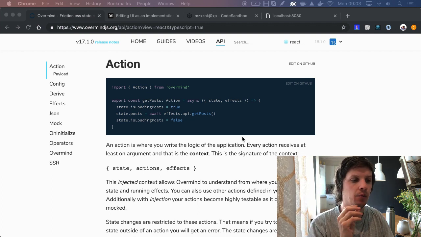The only thing I'm not perfectly sure about is this: you might have an action that you only call from within another action, but it will be publicly available to be called from the outside.